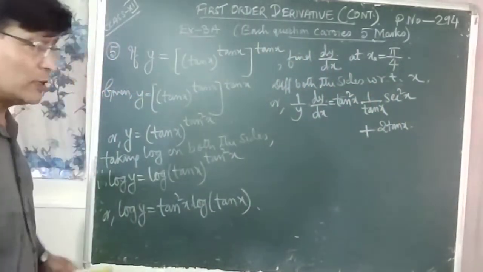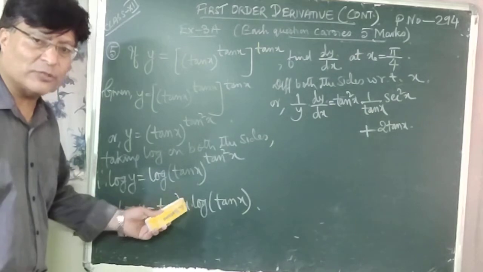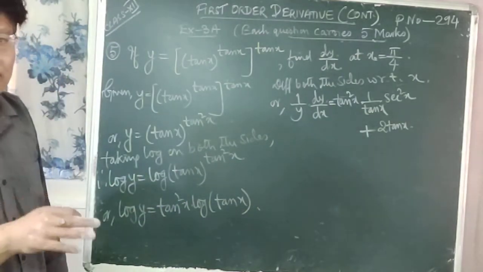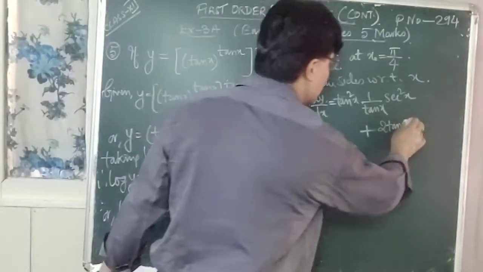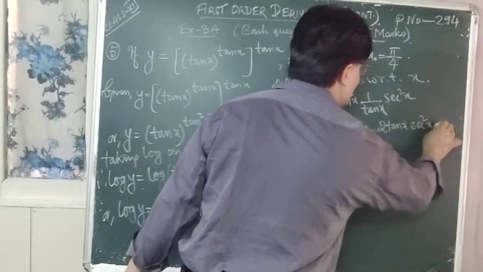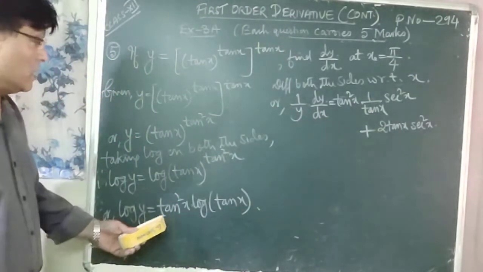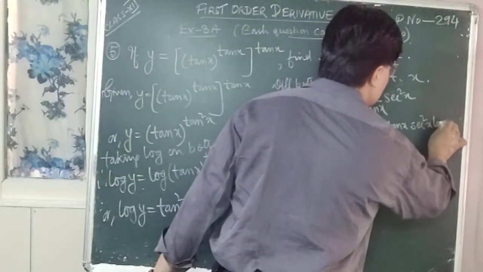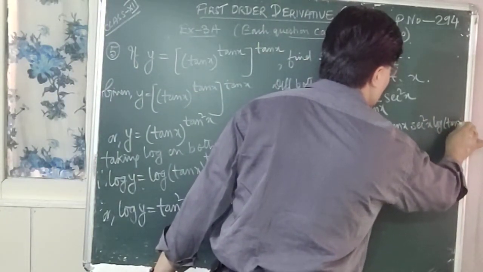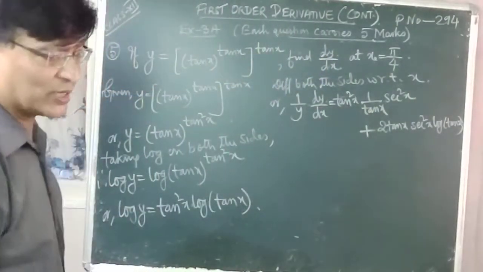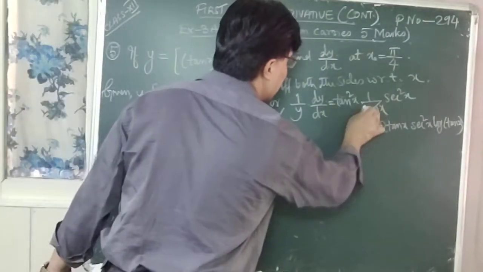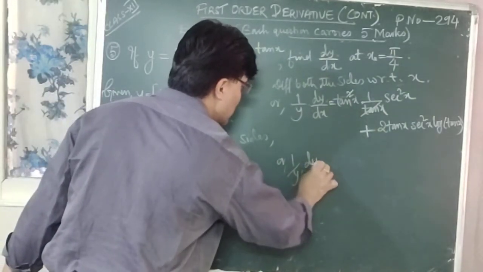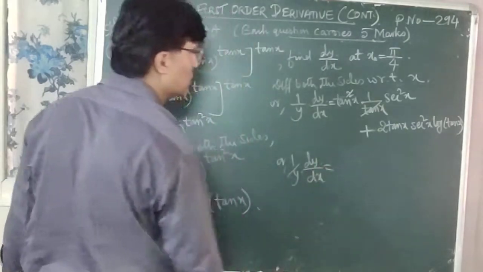Into 2 tan x. Again you have to differentiate the term which is assumed as x. That is tan x was assumed as x. So what is the differentiation of tan x? That is sec square x. That is your sec square x into log of tan x is kept as it is. Log of tan x remains same, right? So here tan x and square will be cancelled, or 1 upon y into dy by dx is equal to,